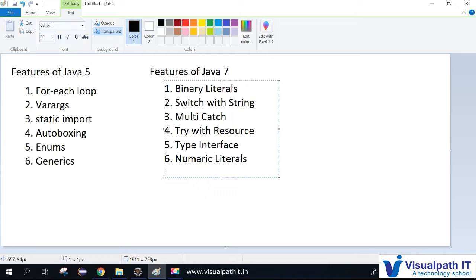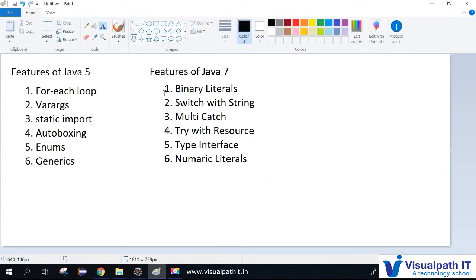So these are all the major features they released with JDK 7. First we can see one by one how to implement these things, and this will take very minimal time to explain. So let us go through one by one and see practically how they actually look.